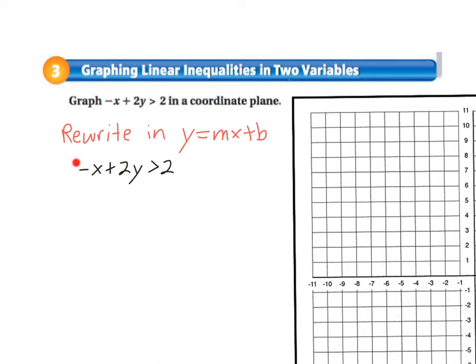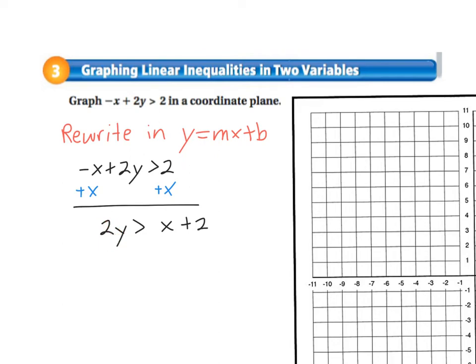So the first thing I'm going to do is move this -x. I'm going to do that by adding x to both sides. Now remember, we can't combine 2 and x, so we're just going to leave it as x plus 2. 2 plus x is just x plus 2 or 2 plus x in whatever order you want. So I can see now that I'm a little bit closer to being in slope-intercept form, but my y is